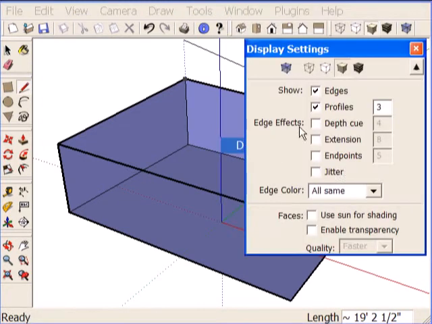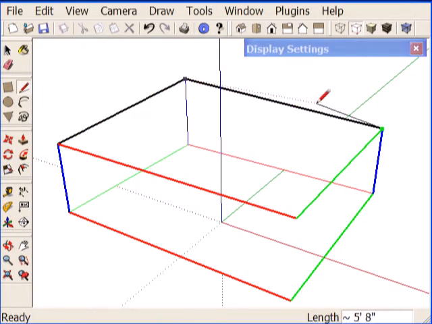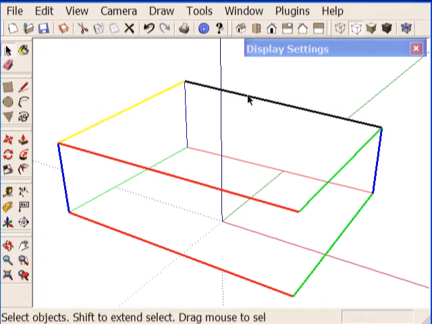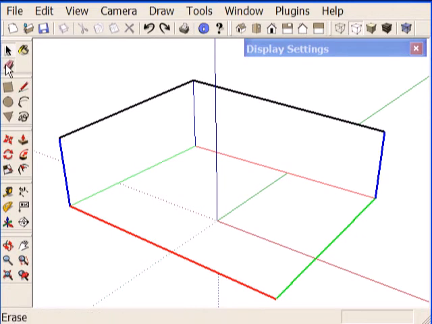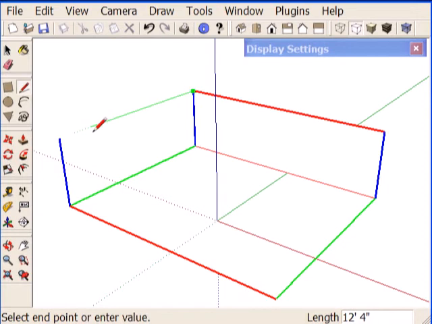Now let's look at a handy feature in SketchUp: Color by axis. I'm going to put it on hidden line. This shows any line or edge that's drawn in the axis direction by the color of that axis. The two top edges of the box are black. So we'll undo back and erase those out, and this time I'll correct it such that that back corner is the same height as the other two vertical edges. And now as I close that back face, that line remains red because it's truly in the red direction, and that one remains green. Let's close the top,